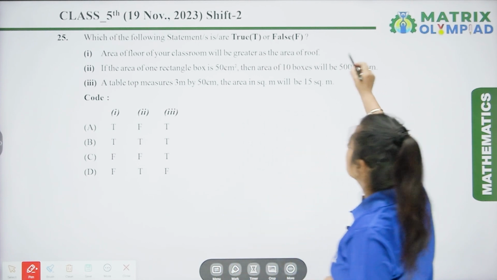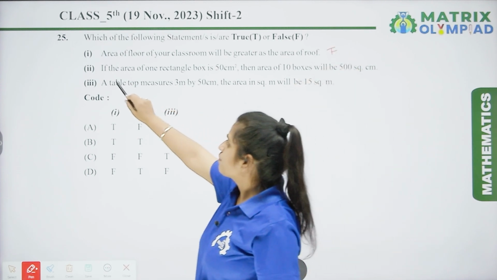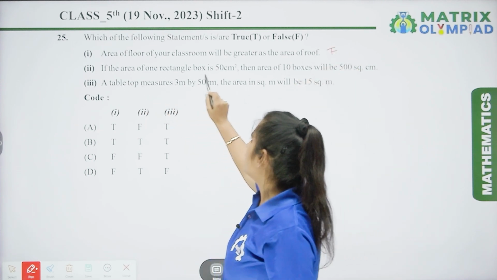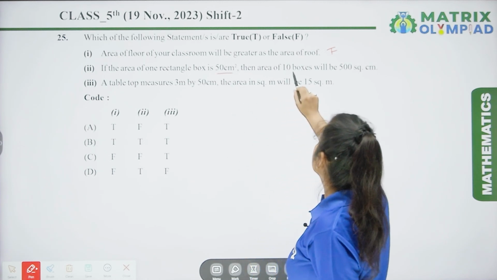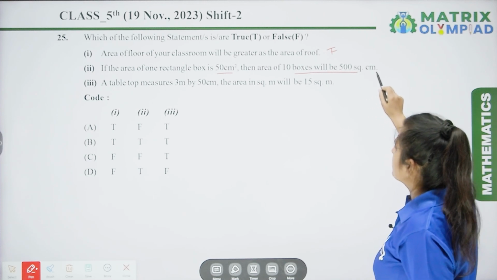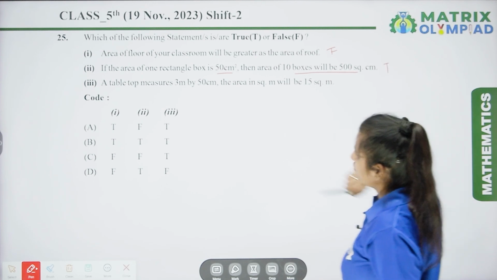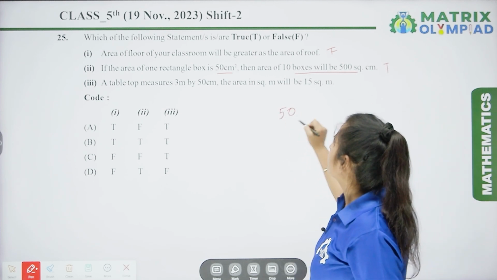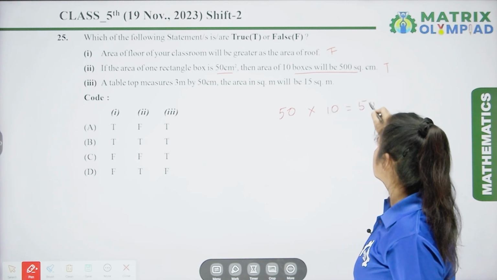So here first statement is false. The next is, if the area of one rectangle box is 50 centimeter square, then area of 10 boxes will be 500 square centimeter. Yes, this is true, because if we multiply 50 multiplied by 10,